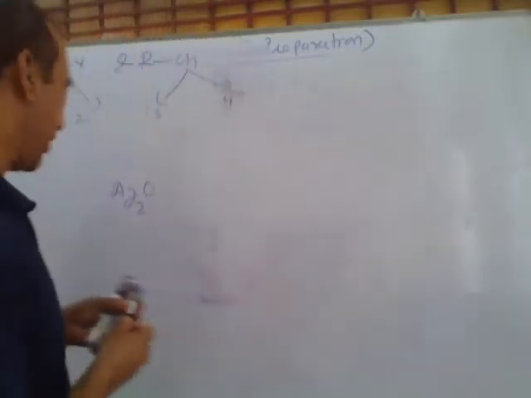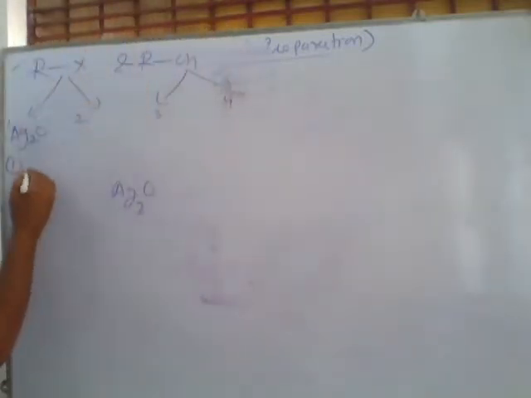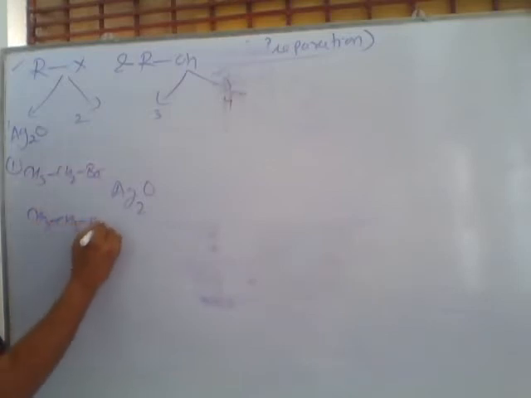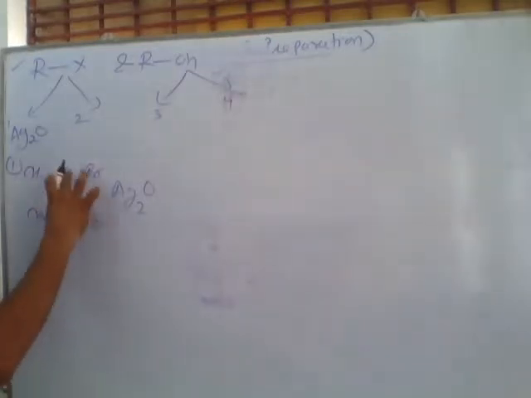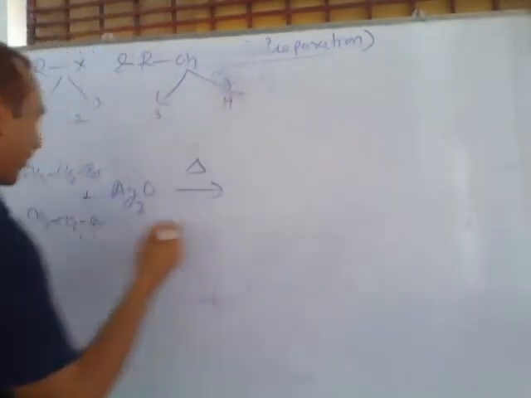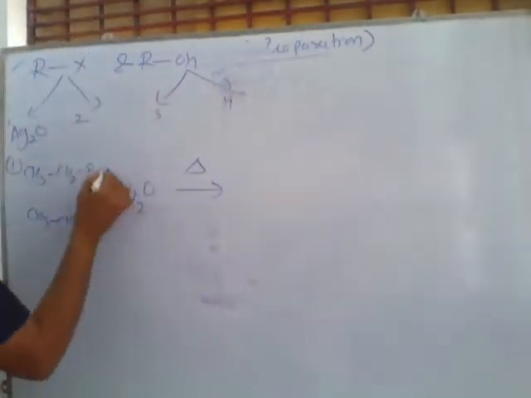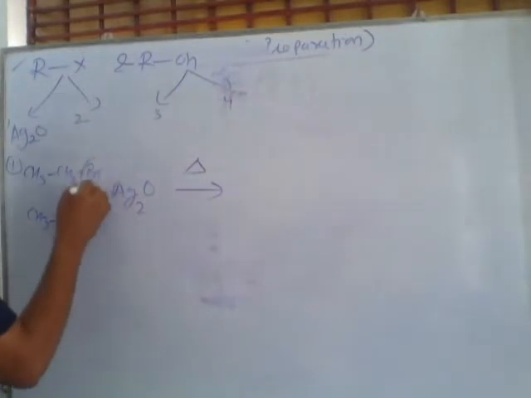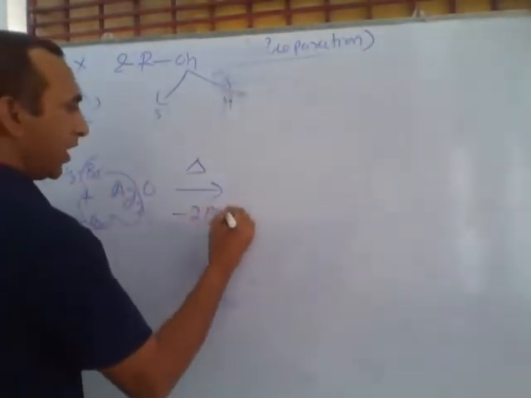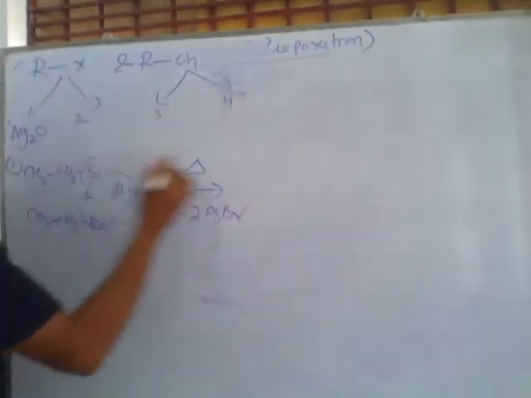This is silver oxide. And here this is bromoethane. This compound is also bromoethane. We are using 2 bromoethane and we provide heat. After the reaction, these Ag2 with 2Br react this way and form 2AgBr. And what is happening here?